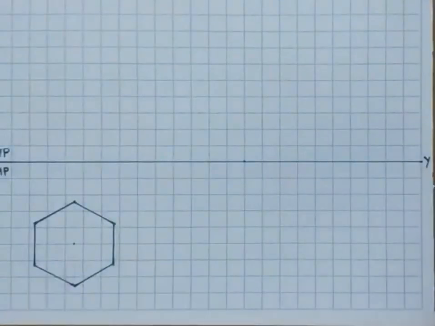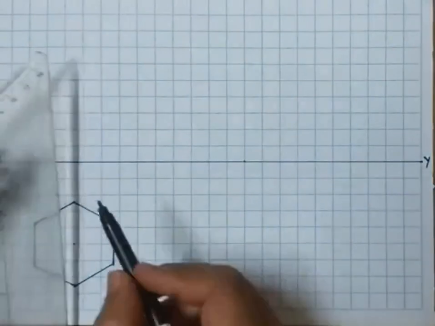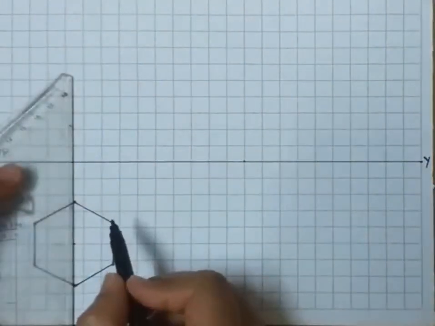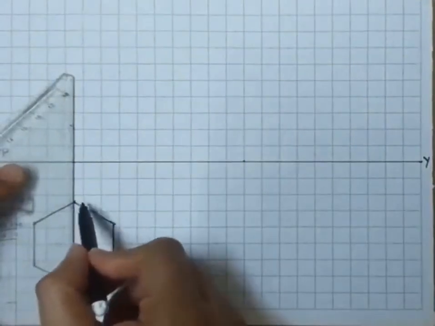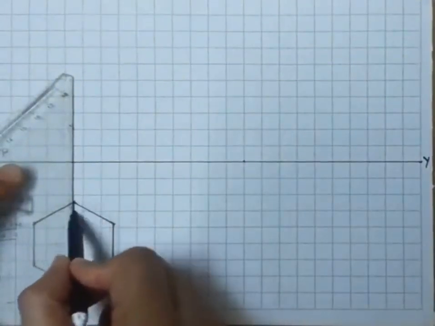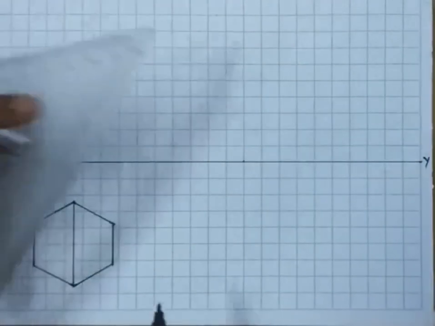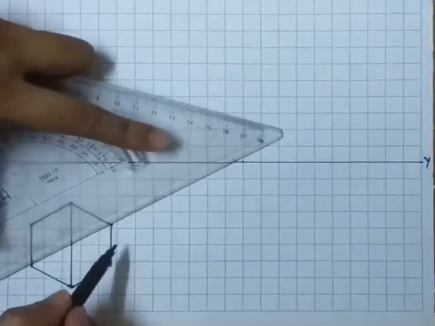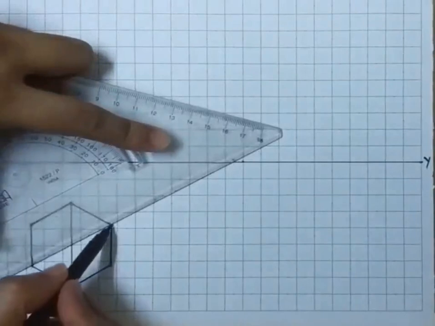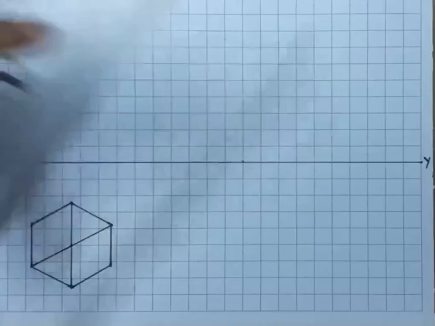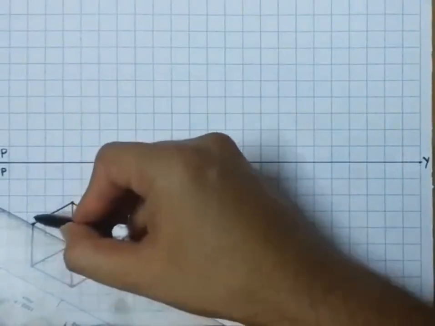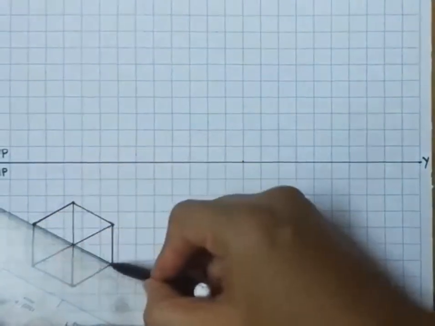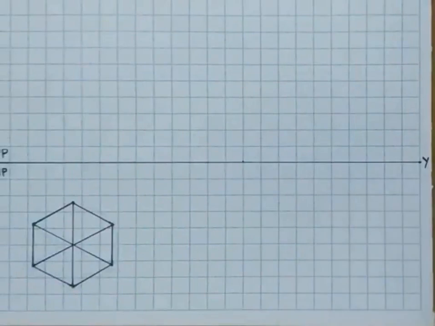It will be easy to find the center of the pyramid also. Just by drawing the diagonals, it will be easy for us to find the center. And since all the slant edges are visible, directly we can connect these diagonals. So this completes drawing the top view of the pyramid.